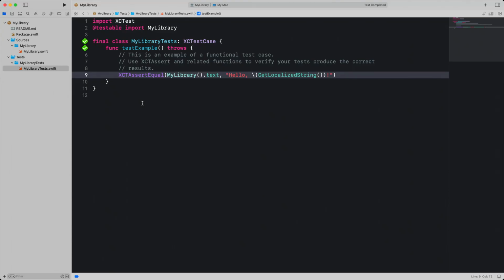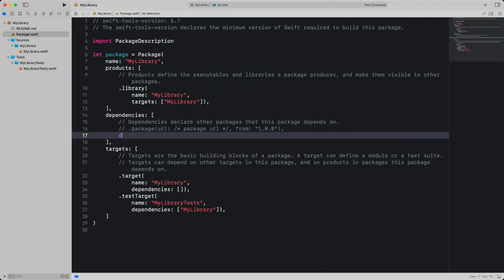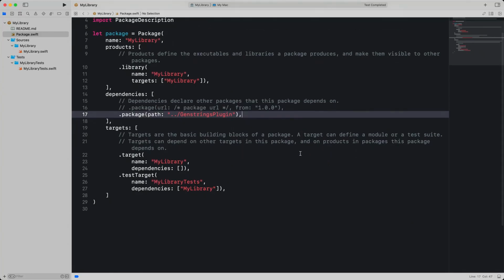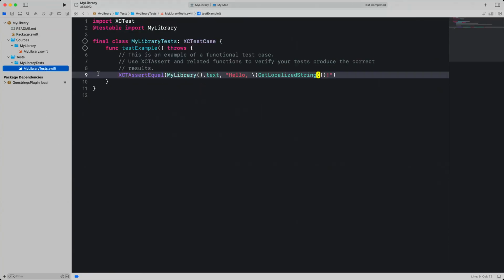Let's add a path-based dependency on the plugin package, and a use of the plugin to the library target. We can now run again.